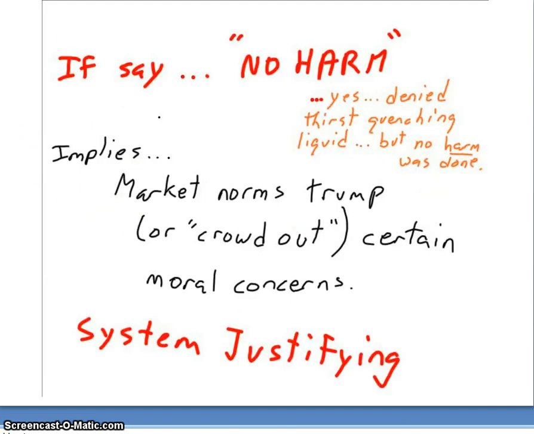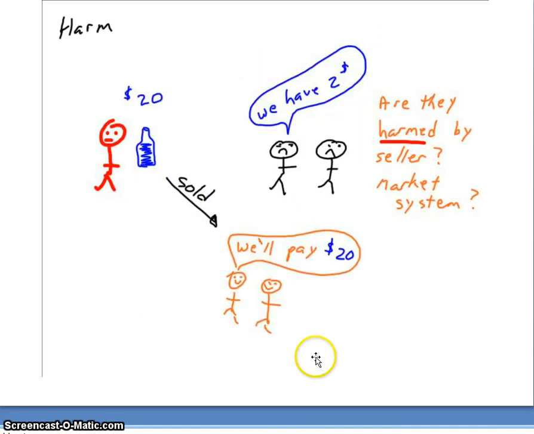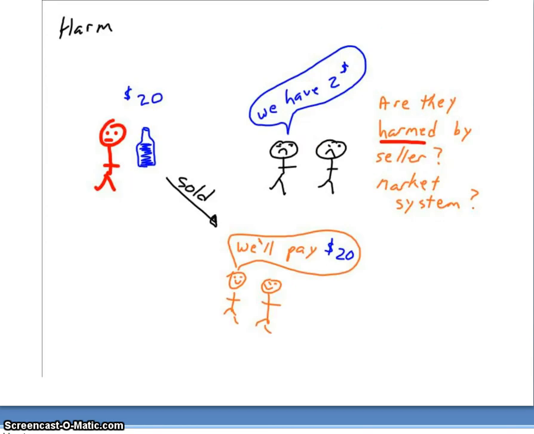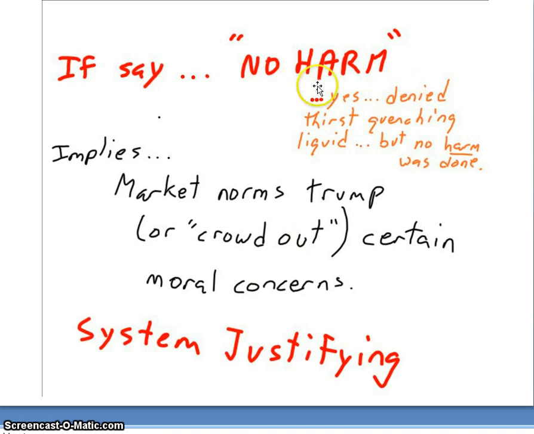All right, suppose we say, nope, nobody is being harmed. So in this scenario, nobody is being harmed. Now, you can still grant that there are some thirsty people not going to get some water. These two started out thirsty, and they're going to stay thirsty. These two started thirsty, now they're going to have their thirst quenched with some water. But just because they remain thirsty in this view, it doesn't mean that they were harmed by the seller. So if you take the position that there's no harm involved here, you can still recognize that there's